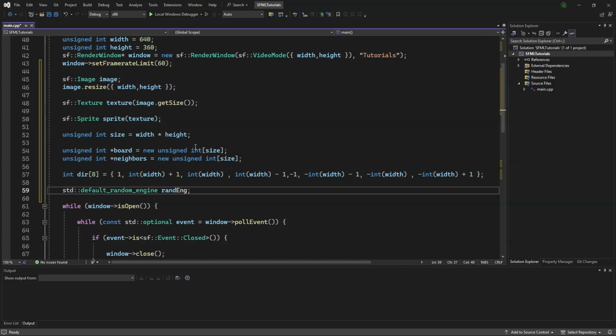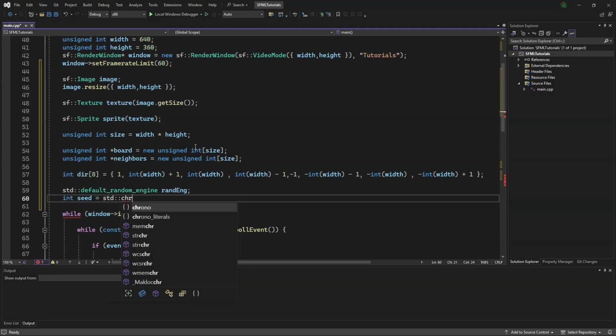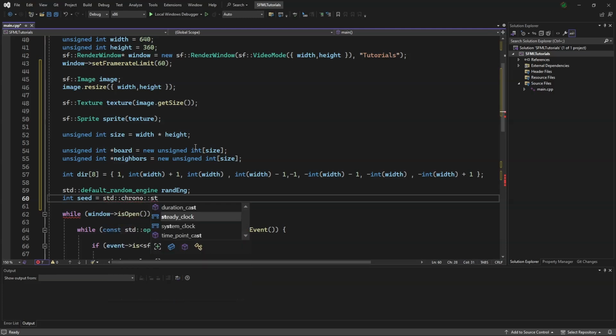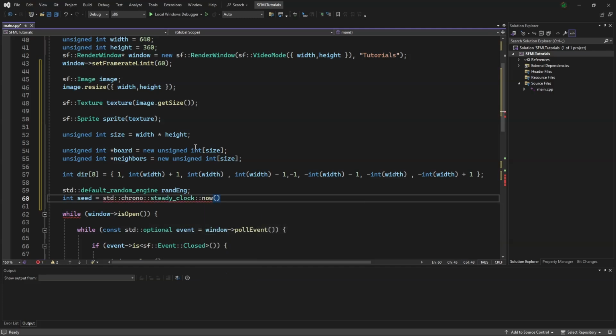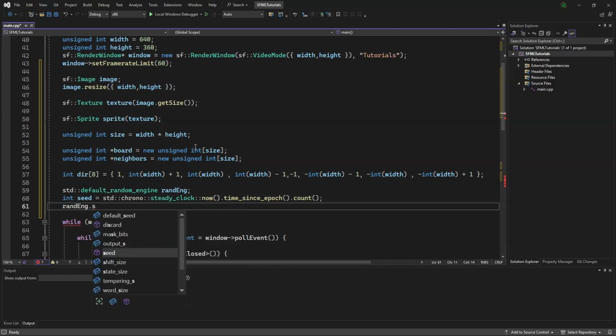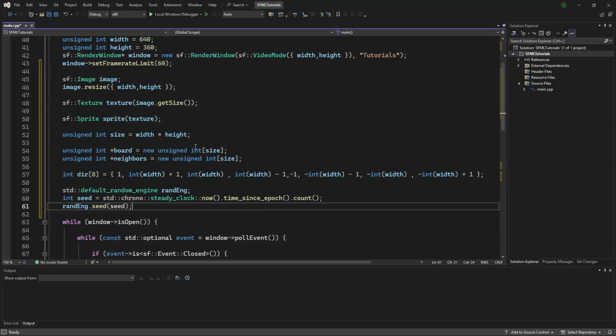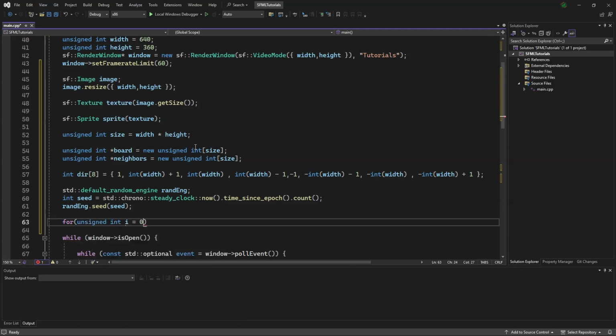For this, we will need a seed. We will say int seed equals std::chrono::steady_clock::now().time_since_epoch().count(). And we will assign the random engine dot seed(seed). Now we need to initialize the board, so we say for unsigned int i equals 0, i is less than size, ++i,